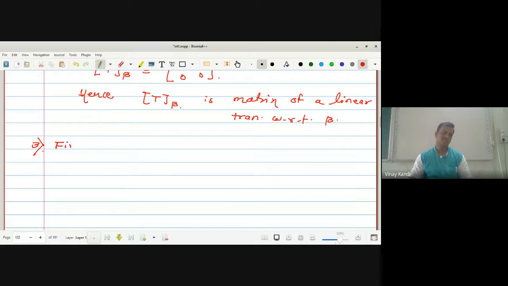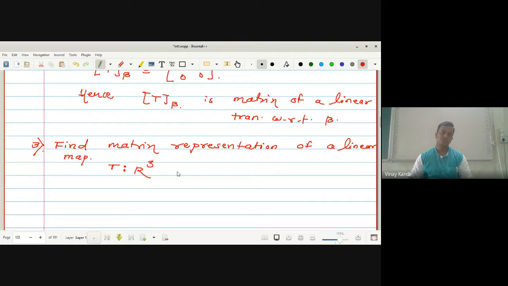Find the matrix representation of a linear map T from R3 to R3, ordered triplets, which is defined by